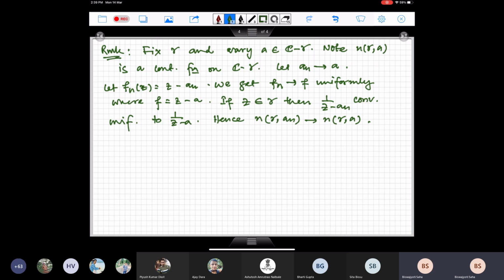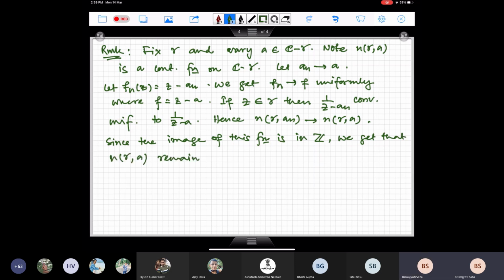But nevertheless, what I can say is that since the image of this function is in Z, we get that n gamma a remains constant